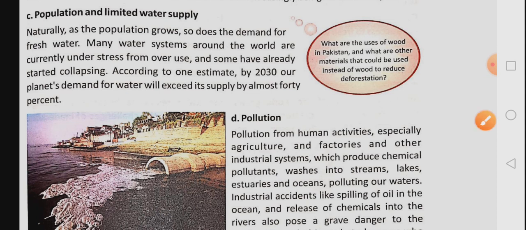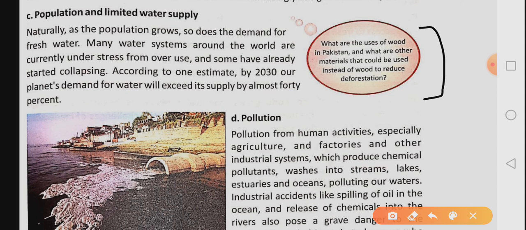Here is the question: what are the uses of wood in Pakistan, and what other materials could be used instead of wood to reduce deforestation? As I said, whenever we are cutting our trees, actually we are cutting the chances of rain. In Pakistan, we use wood to burn as a fuel. In those areas in which sui gas is not available, people cut down the trees and burn them.